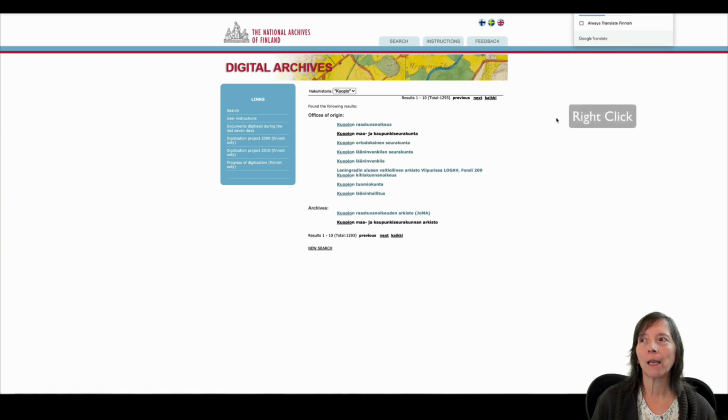When we get to this page, everything is in Finnish. So if you are using Chrome, you can right-click. If you're not using Chrome, you won't be able to do this. Right-clicking will bring up a translate the page option, and we can automatically translate that page. Then we can actually read where we want to go, and we can choose the